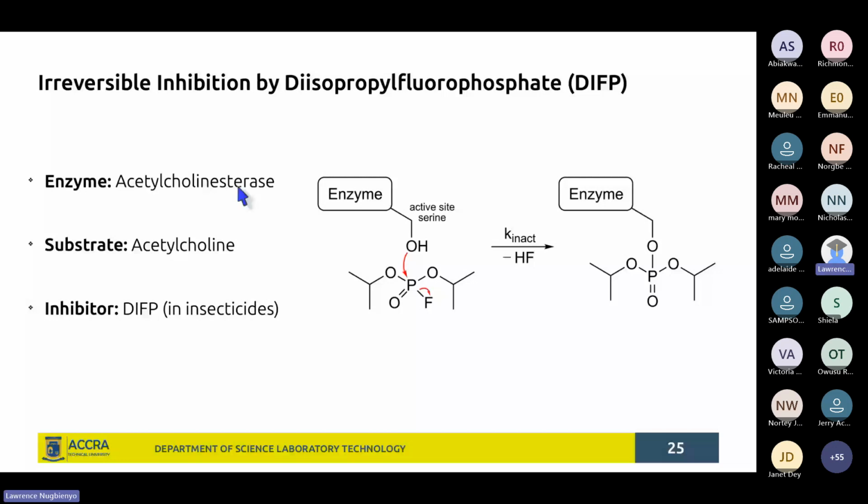Once they inhibit acetylcholine esterase, it can result in paralysis. That is bad for the nervous system, which is why it's a serious thing to consider the indiscriminate use of pesticides,